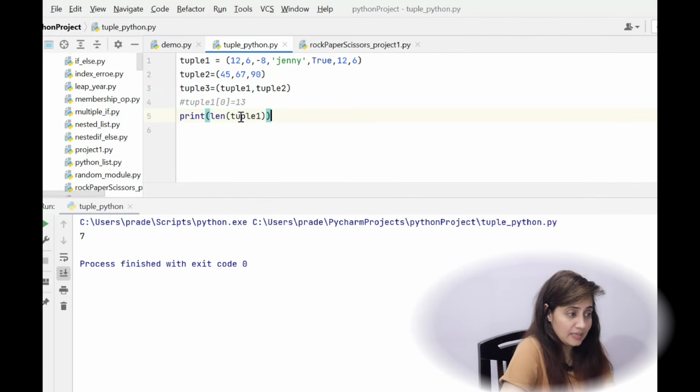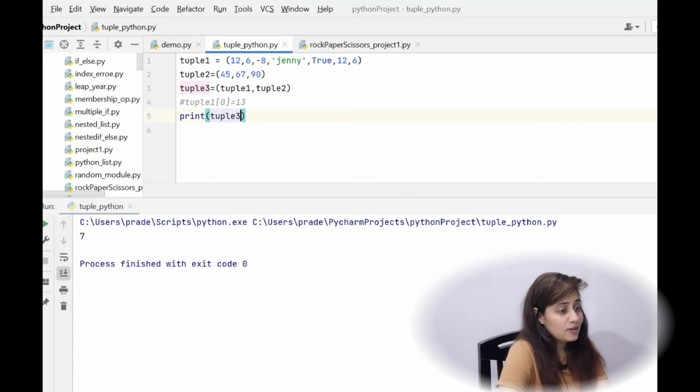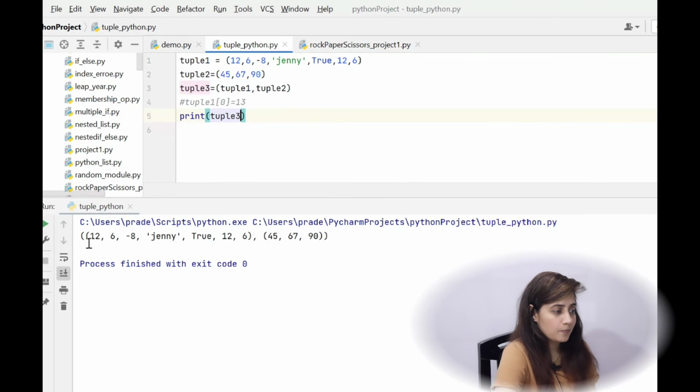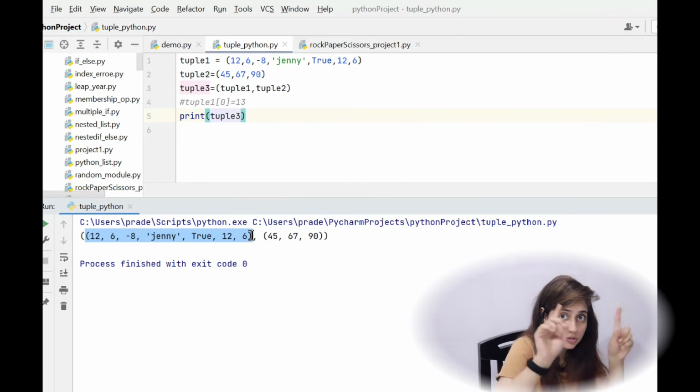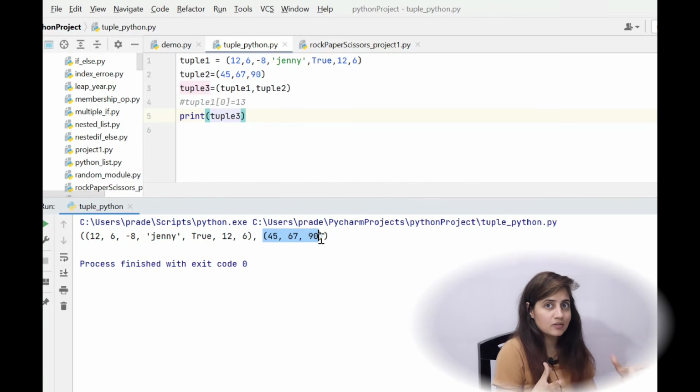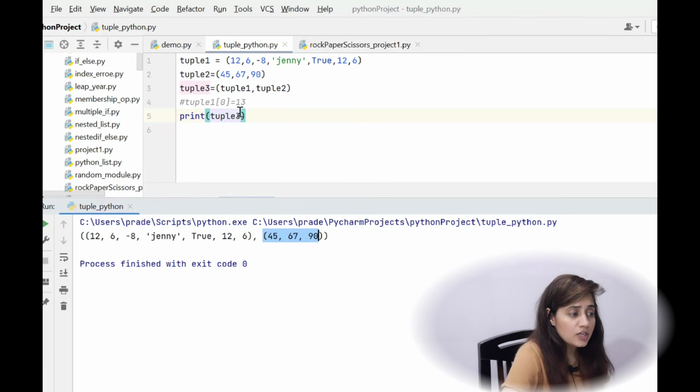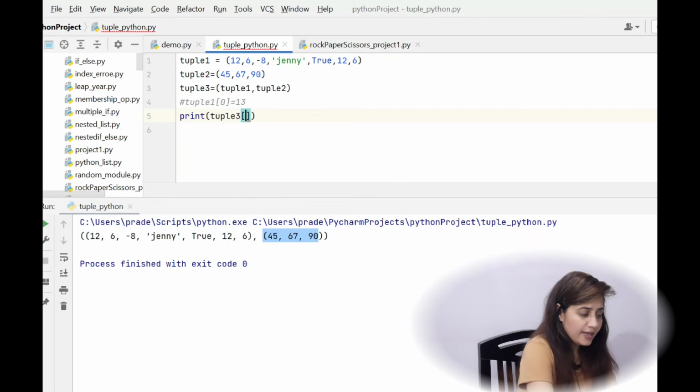So if you print tuple 3, what will it give as output? See, 2 brackets. In starting we have 2 round brackets. First is for tuple 3, right? And another is because we have tuple 1, this complete thing in these round brackets is tuple 1. This second item is tuple 2 in round brackets. So this is nesting of tuples, a nested tuple. This tuple 3 is a nested tuple. Now see, if I print tuple 3 index 1,